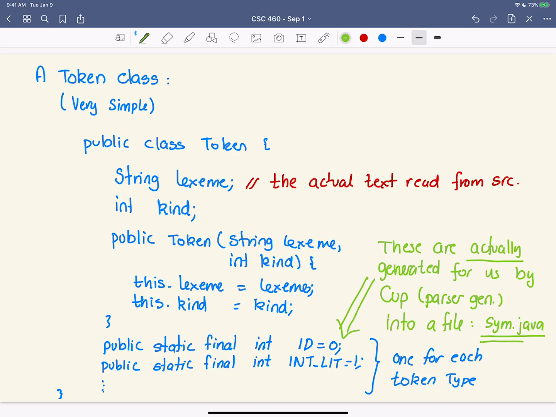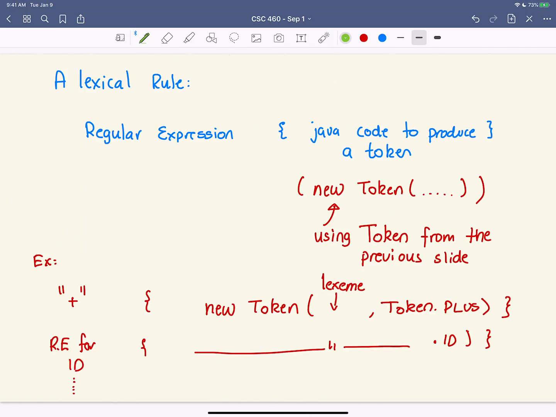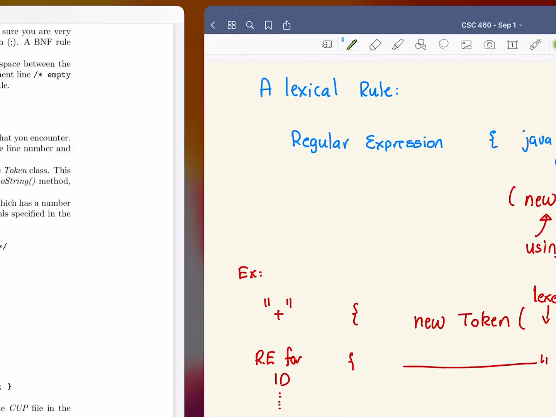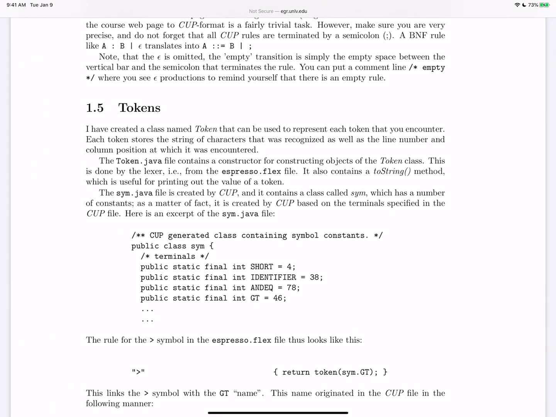So these numbers don't actually live in the token class. Well, that's not a big deal, because all I then have to do is just say sym here instead of token. So that's all right if we can get those generated for us. And you can see here this class called sym, and it even says there are CUP generated classes containing symbol constants, and they are public static final int, and then a whole bunch of different entries, one for every terminal from the grammar.